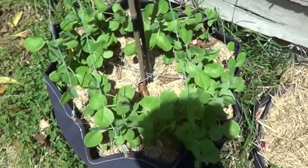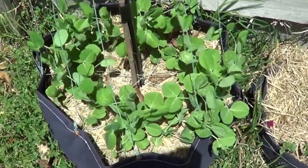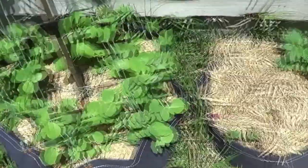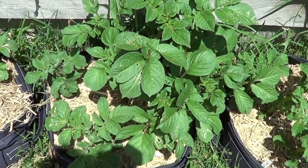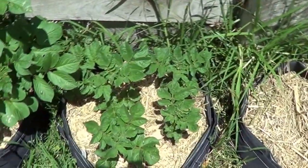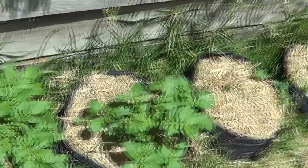These are the mammoth snow peas, because my snow peas have gone. They just about had it. These are more potatoes. This one's doing really well. I'm going to have to start hilling him up, and that's only been in for 2 weeks. That's how well they've done in these grow bags. And I've got another 6 grow bags to do, so I'm going to have lots of taties, because that's about